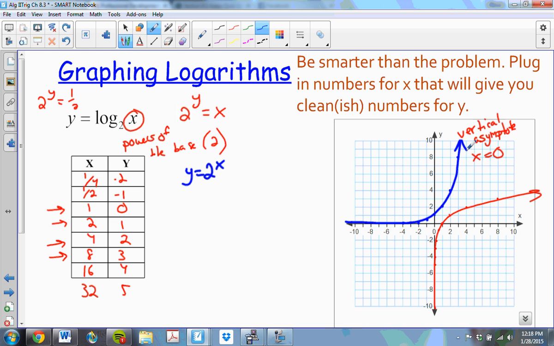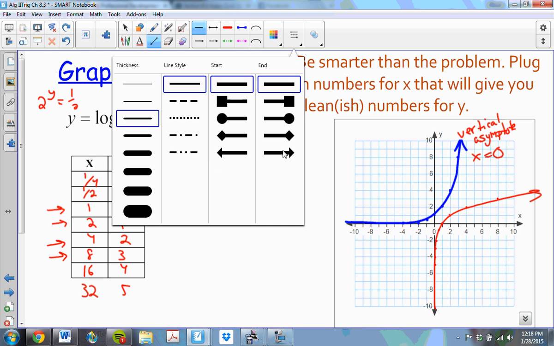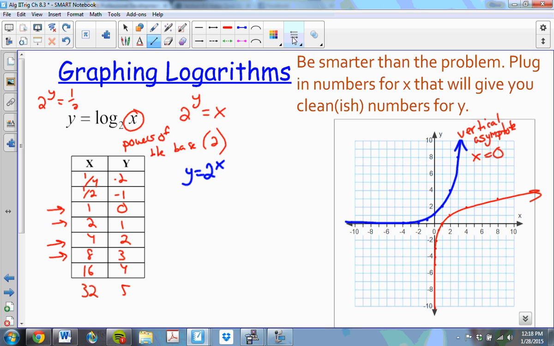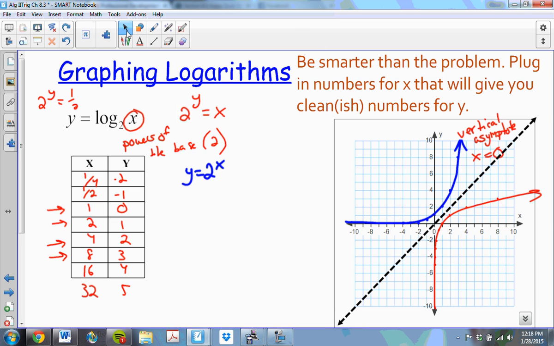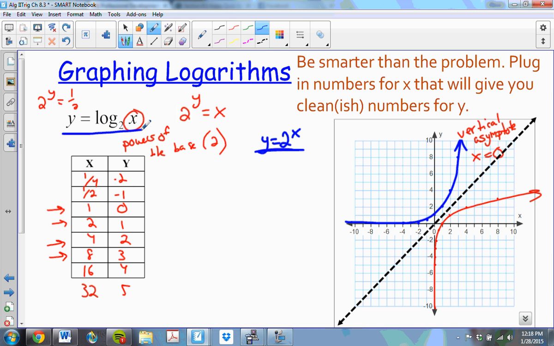And those are reflections over the line y equals x. It's a reflection over this line. And if you remember from our last chapter, anything that's reflected over the line y equals x is really an inverse. These are inverses of each other. The inverse of y equals 2^x is y equals log base 2 of x, and the inverse of y equals log base 2 of x is y equals 2^x, because this table